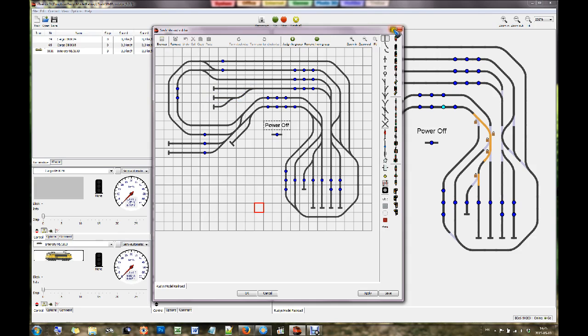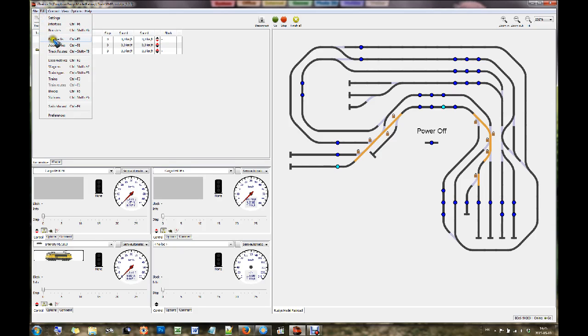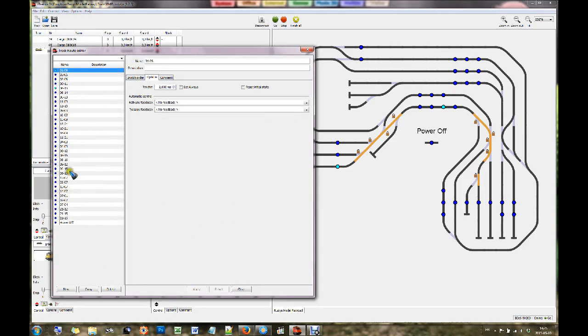Well, first we need to create that route. Do I want to save? Yes. Edit, create a route. Those are track routes over here. I have already created quite a lot of them, but let's make a new one. A new route. I will give it a name that is the name of track 20 to 21. That's my track numbers. And now I can set the delay between switching to 2 seconds, and I click this